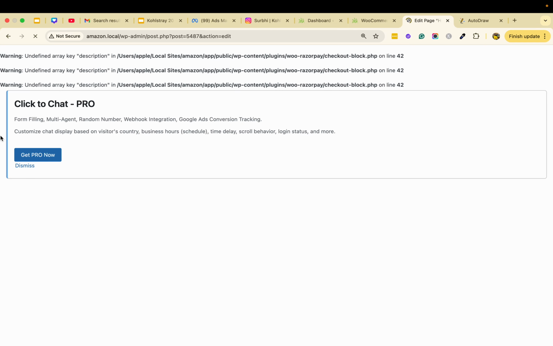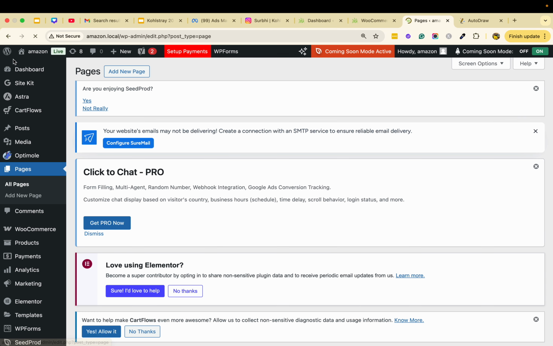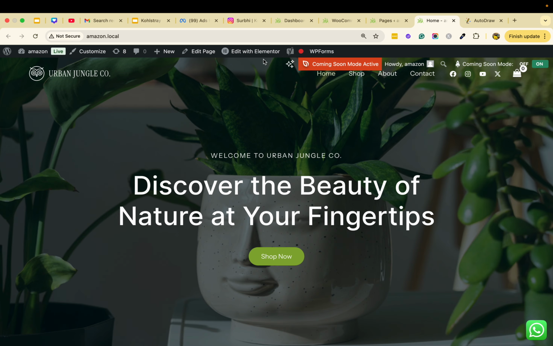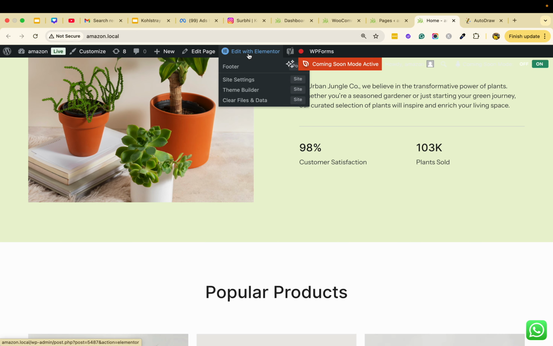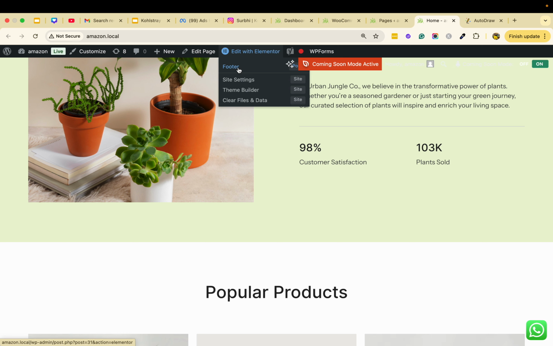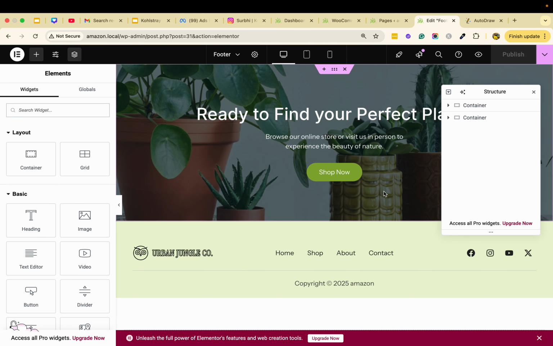to WordPress. If you're unable to edit through your edit with Elementor, in some themes you'll find that in edit with Elementor there will be a section which will be footer. So when I go to footer, only this section will open in Elementor and you'll be